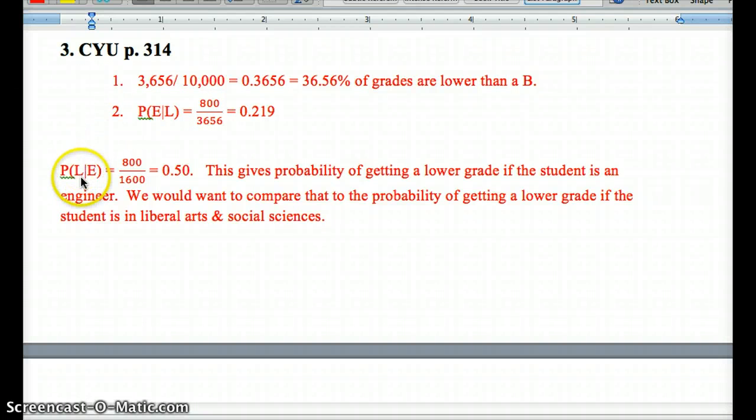Now the probability of L, the probability of a grade lower than a B, given that they're engineering, would be 800 out of 1,600. Since we're given that E occurred, that they're an engineering science student, cover up everything that's not included in event E. We have a total of 1,600, and 800 of those satisfy event L. So that's the probability of getting a lower grade if the student is an engineer. So we covered up everything that wasn't engineering. And we'd want to compare that to the probability of getting a lower grade if the student was in liberal arts and social sciences. Okay, please go on to number 4,